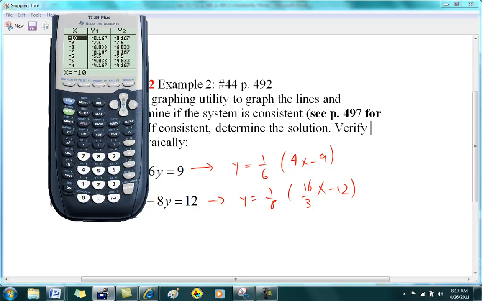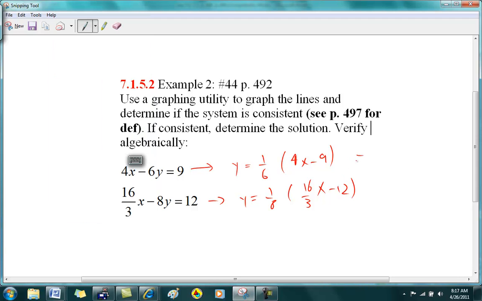Okay, as you can see, the y values are the same, and therefore you've got an infinite number of solutions. Okay, let's kind of reduce these two equations and see if we get the same line. Okay, so this guy becomes 2 over 3x minus 3 over 2. This guy becomes 2 over 3x minus 4, then minus, yeah. So if you simplify both these equations, you get the same thing, and therefore you've got an infinite number of